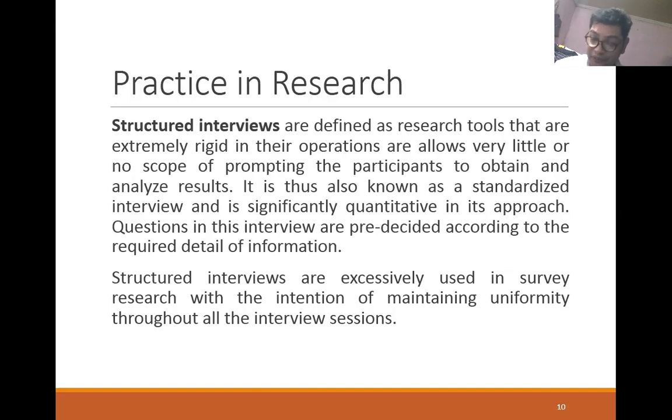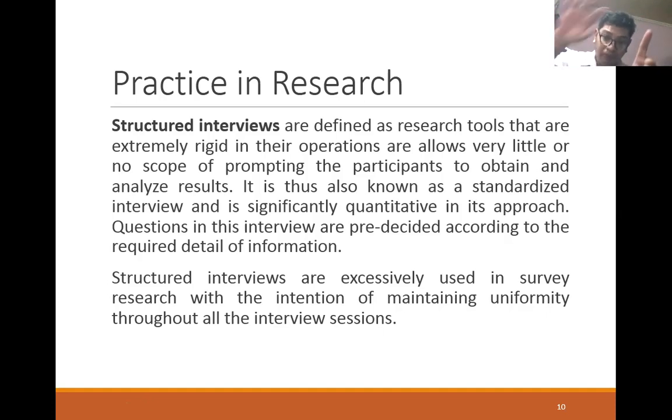So there's no need really in any survey for a researcher or for a participant to analyze the result of their answer, because it is our job to analyze our results, which are the answers of the respondent. So in a structured interview, in other words, you have crafted the SOP. We have the statement of the problem. And from the SOP, the questionnaires should be aligned to the SOP.